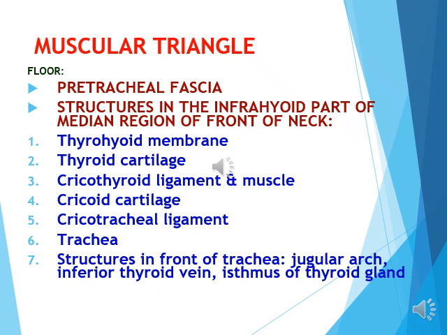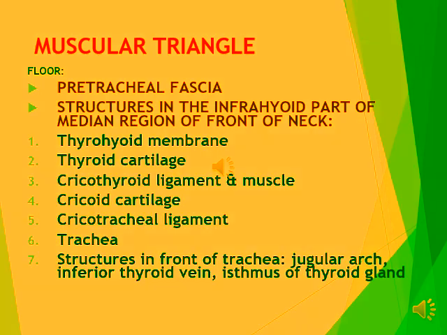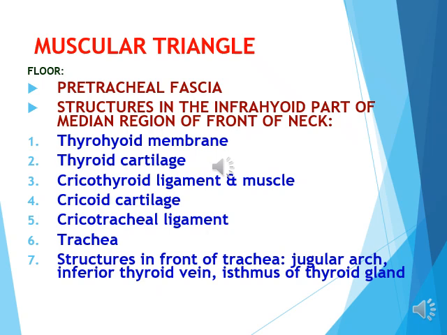Now that we have outlined the floor of the muscular triangle formed by the pretracheal fascia, let's take a moment to appreciate the layered complexity of the structures nestled within this region. Starting superiorly, we encounter the thyrohyoid membrane, a key anatomical landmark bridging the hyoid bone and thyroid cartilage. Just beneath it lies the thyroid cartilage, recognizable by its prominent laryngeal prominence, or Adam's apple, a feature more pronounced